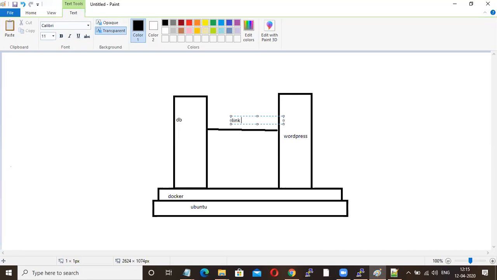The purpose of link is to let two containers communicate with each other in a secure way. Already our DB container, which is MySQL, is running. Now I'm going to launch this container alone.